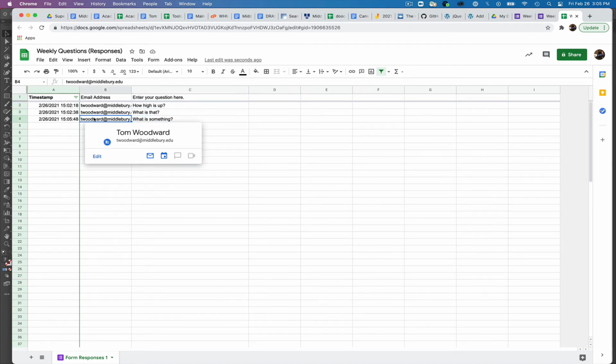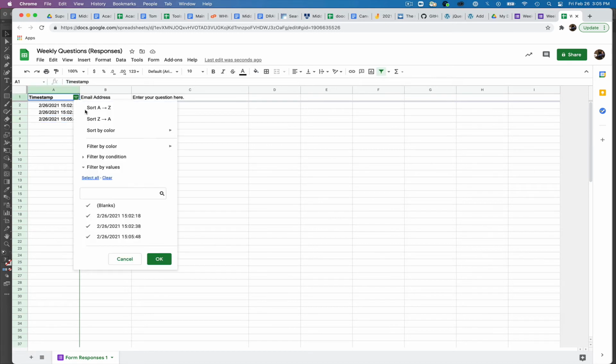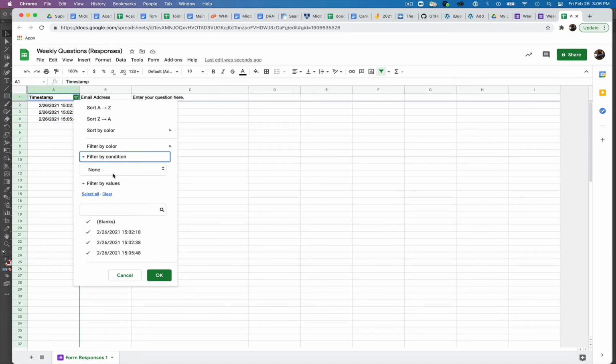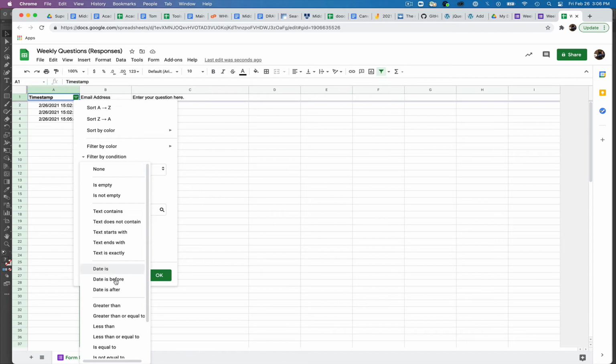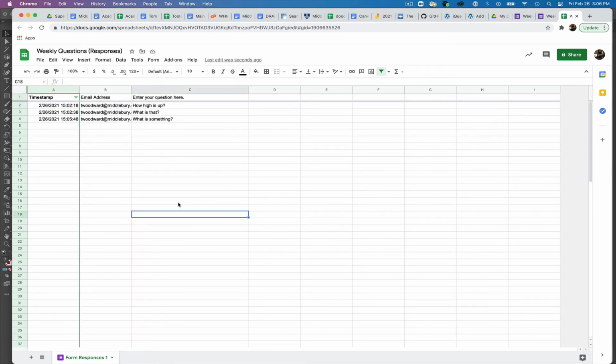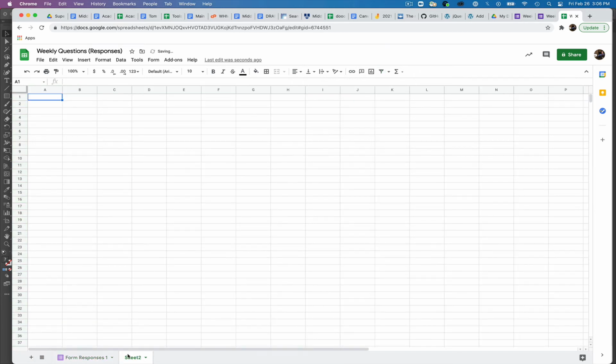I set it to log the email address. You can see the date. And I also turned on a filter here where you can filter by conditions. So if you wanted to, you could do date is before and date is after to be able to do that sort of stuff. We could probably make another sheet here where you could either paste the weekly stuff, or